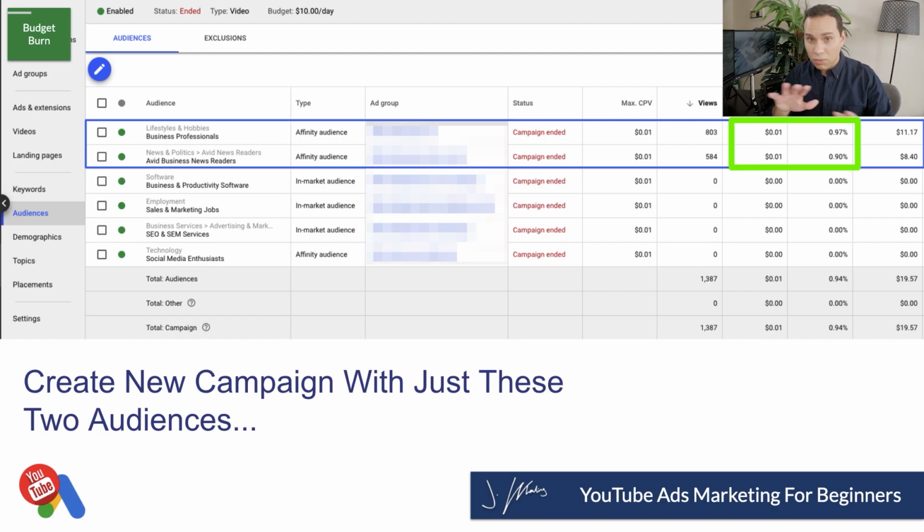So just to go through it one more time, because I know I'm talking a little fast here. When you see something like this, you have to duplicate your campaign, turn off the ad groups that are sucking up all the budget, and then let the ad groups that weren't getting any impressions run. And then in your original campaign, like the one you're looking at here, just pause the ones that weren't getting any impressions. That's how you want to do it, because you want to keep the data of these two that are working, but you also want to know if any of the other ad groups have the potential to work as well. And since you set your budget at the campaign level, when you see something like this, that's the only thing you can do. Duplicate your campaign.